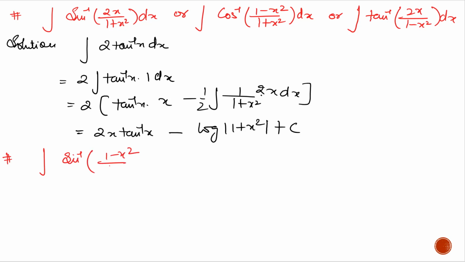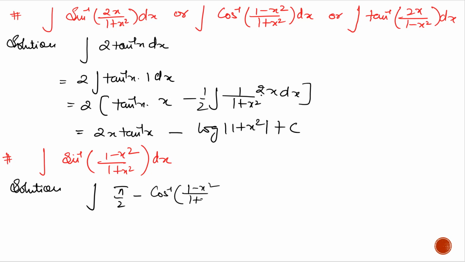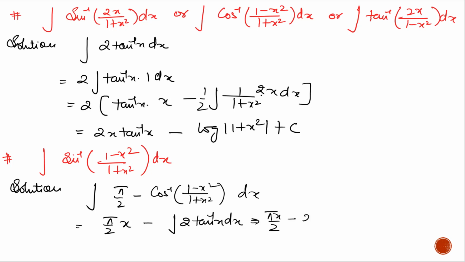Next example. Integrate sine inverse of (1 minus x square) upon (1 plus x square) with respect to x. The formula of sine inverse x plus cos inverse x is pi by 2. So sine inverse is pi by 2 minus cos inverse of (1 minus x square) upon (1 plus x square). And the formula of cos inverse of (1 minus x square) upon (1 plus x square) is 2 tan inverse x. And now we solve with the help of the above example. The answer is pi x by 2 minus 2x tan inverse x plus log mod 1 plus x square